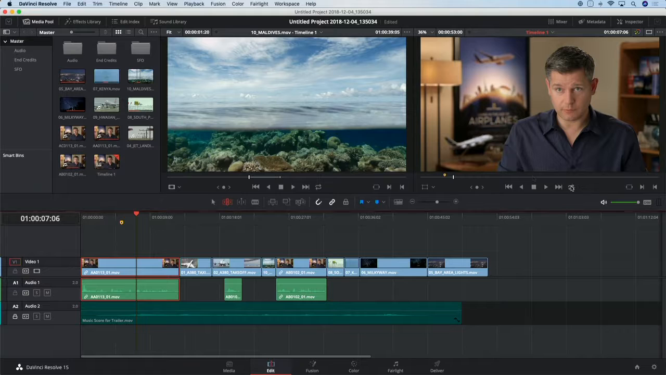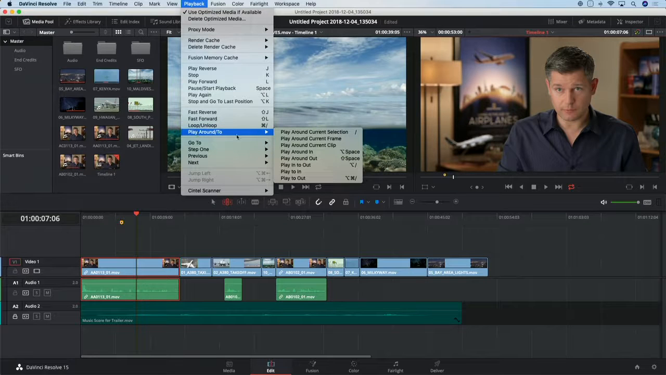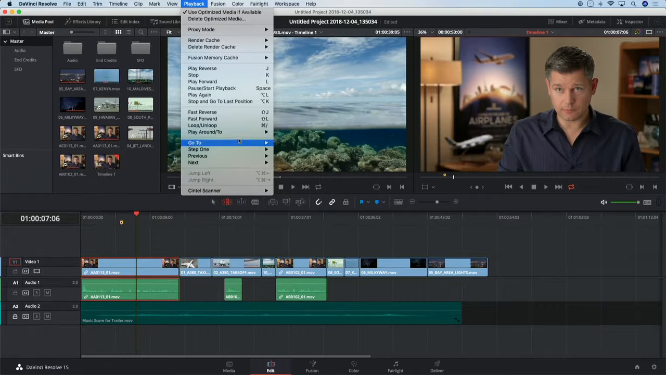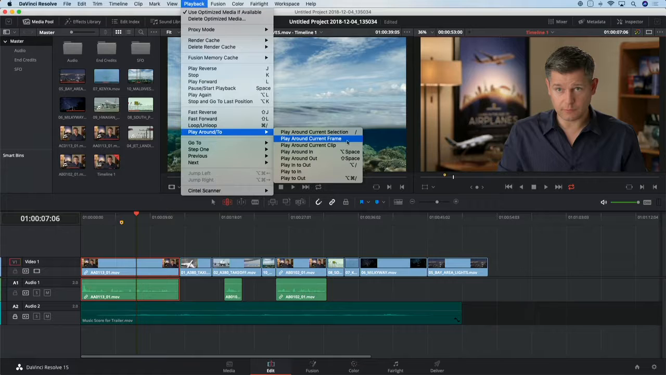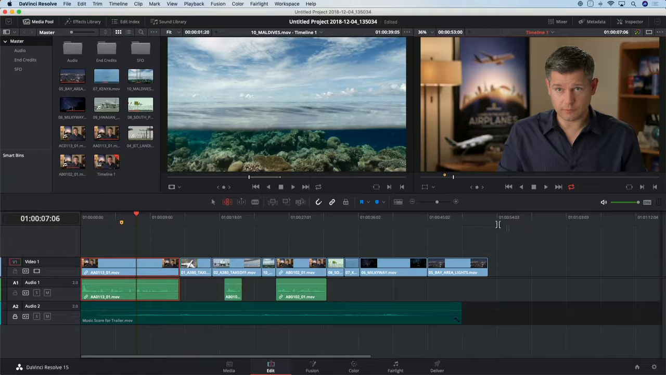I'm going to go and turn looping on here in the timeline viewer. And then under the playback menu, there are a lot of commands for different playing. So I can play around the current selection, around the current frame, clips, in and out points, all that stuff. I want to use the play around current frame command. You can see here that the keyboard shortcuts are located on the right side of the menu. This doesn't have a keyboard shortcut. I actually want to use the keyboard for this part of the tutorial, so let me show you how to